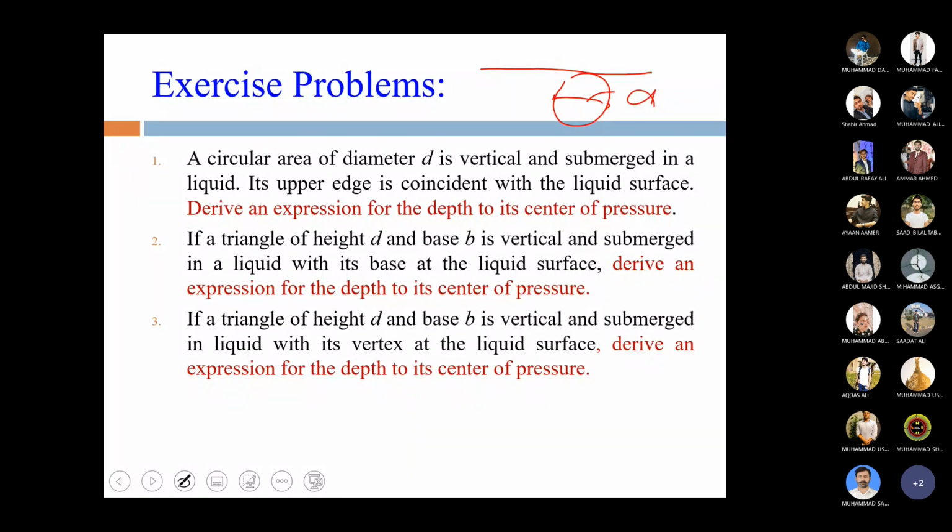So you have to use simply the formula of Yp is equal to Yc plus Ic over Yc. So what is the Yc of the circle? It's d by 2, and Ic of the circle is